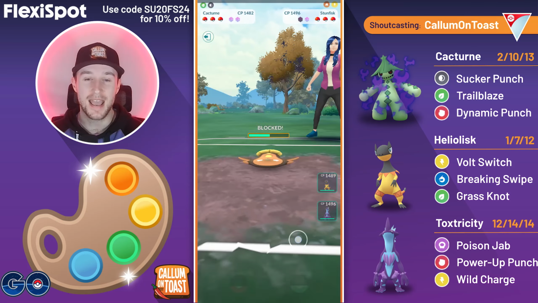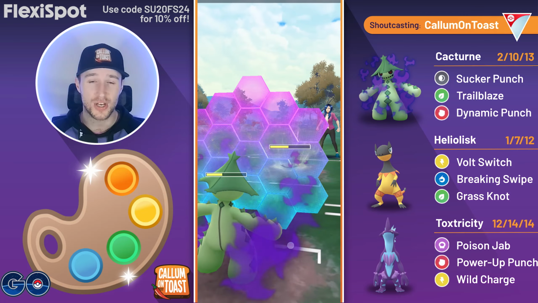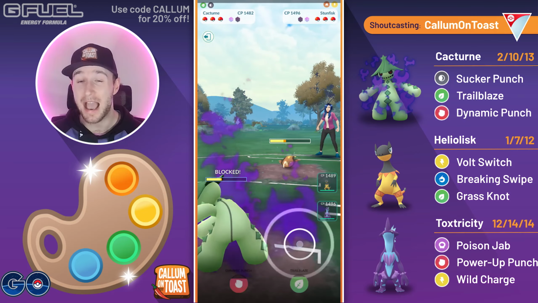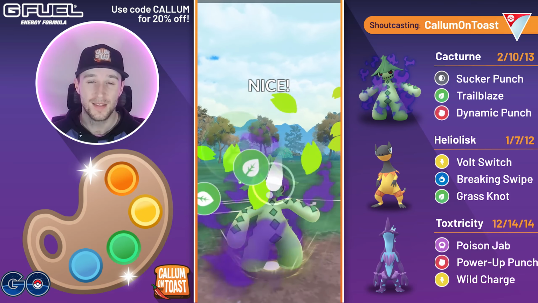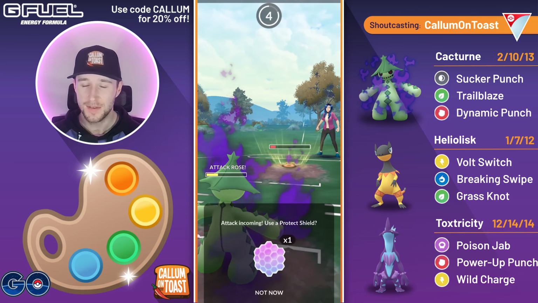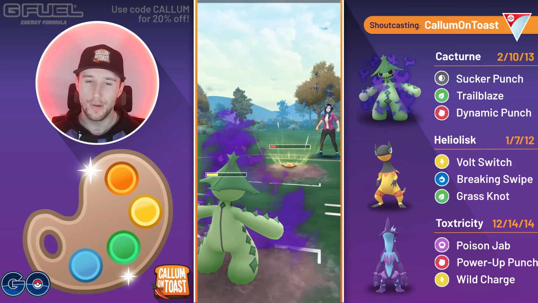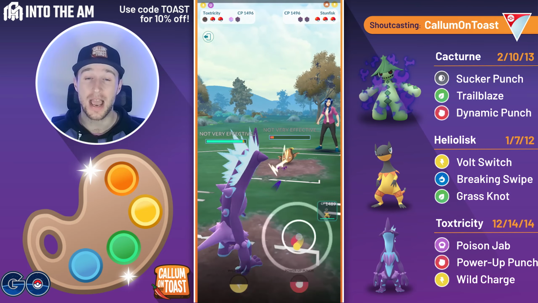We go for a Trailblaze there. Trailblaze is going to be shielded by the opponent, and this should be a very comfortable matchup for us. However, they do significantly outpace us, so here I will have to match shields if I want to win this in the 2-shield scenario. So we go for a Trailblaze. Trailblaze is going to be shielded, and at this point I'm thinking, you know what, actually we've put them into range where I will still have to shield, but we can come in and get a Poison Jab farm down